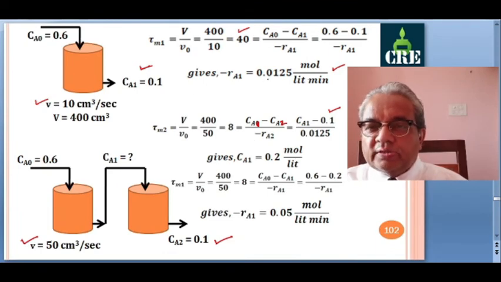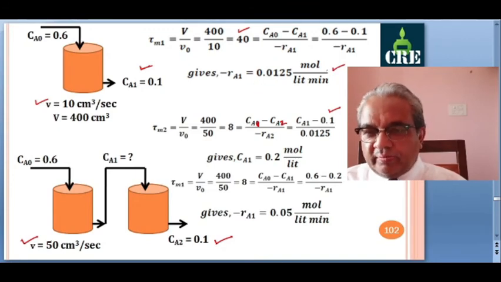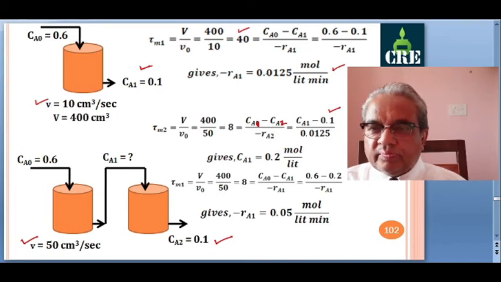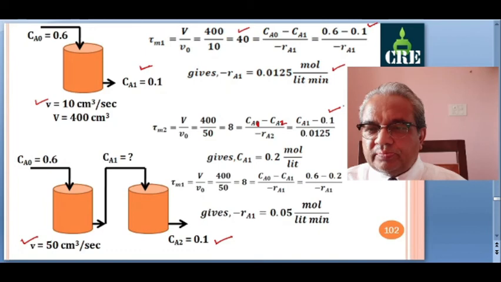Now what is the rate? 0.0125, we have determined from the first set of data. Now what is the rate law? k Ca raised to n. So it is dependent on the order of the reaction, the rate constant and Ca. Here the exit concentration is 0.1, and here also the exit concentration is 0.1. So the rate is not going to change as long as the kinetics is the same, in the same reaction. So got this point? This is important to know.